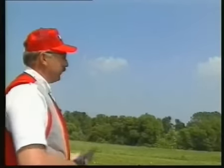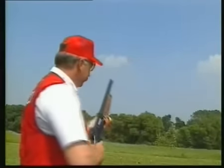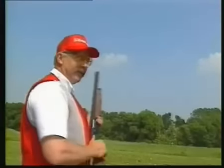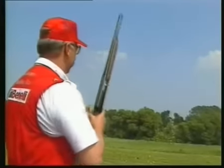Now I would say that was to the right. Now I'm going to hook the ball to the left. I would call that to the left. Now I'm going to drive a ball straight away to the green. So with the Benelli,